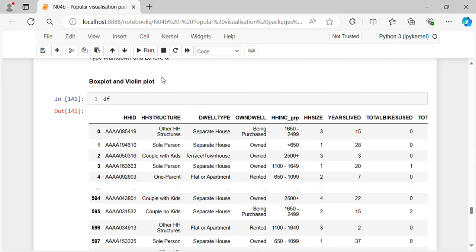In this lab, let's look at plotting box plot and violin plot. Let's look at the data frame for the household survey in Australia. So the data frame household survey has columns HHID, HH structure, dwell type, on dwell, household INC group, household size,